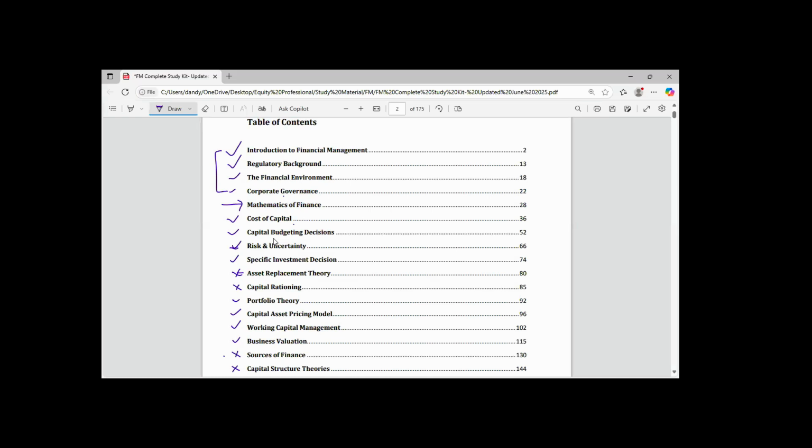But what is important is that you can't just be reading anyhow or randomly. You must design your reading timetable across all subjects. It is possible you may read a particular subject twice in a week, depending on how many subjects you register for. But what is important is that you touch all of them each day. That's one. Then number two, it is possible you may have friends, colleagues or neighbors telling you that the ICAN exam is difficult. I can bet you, no exam is difficult. The onus is on you to take your study very seriously.